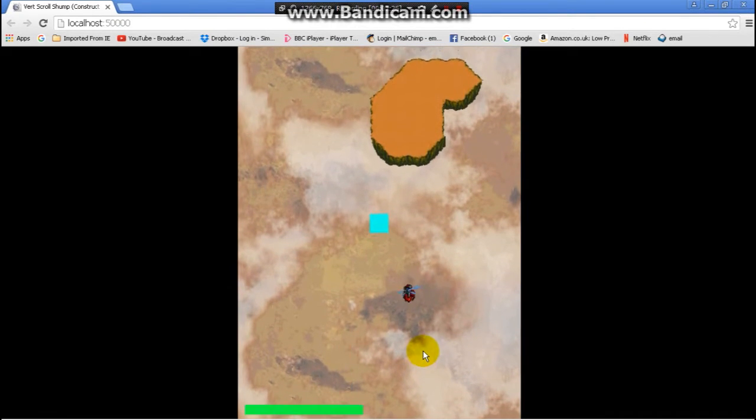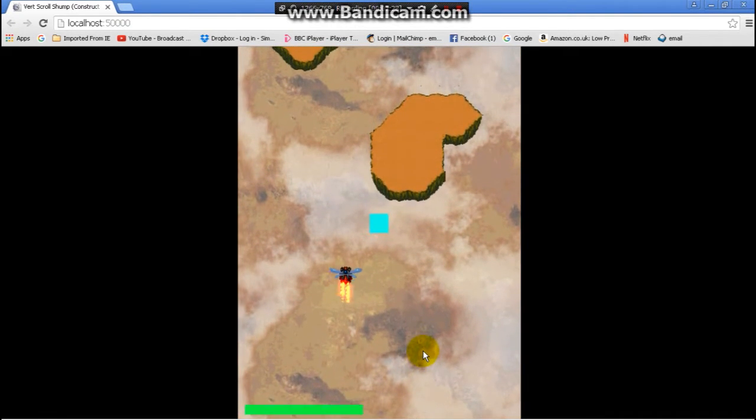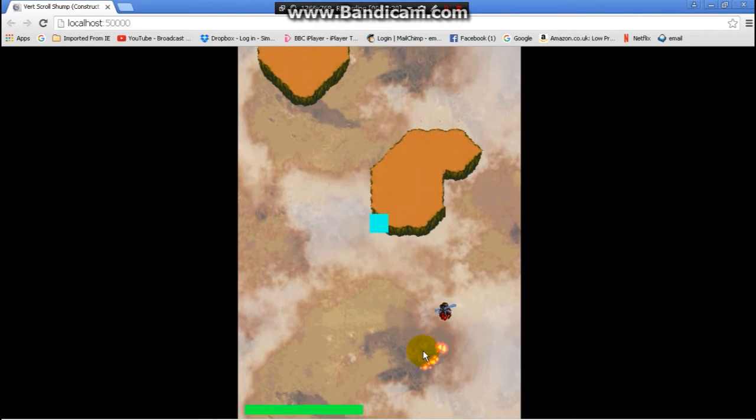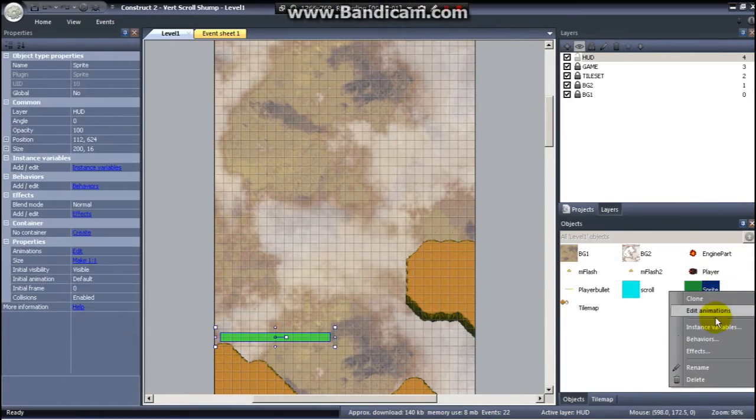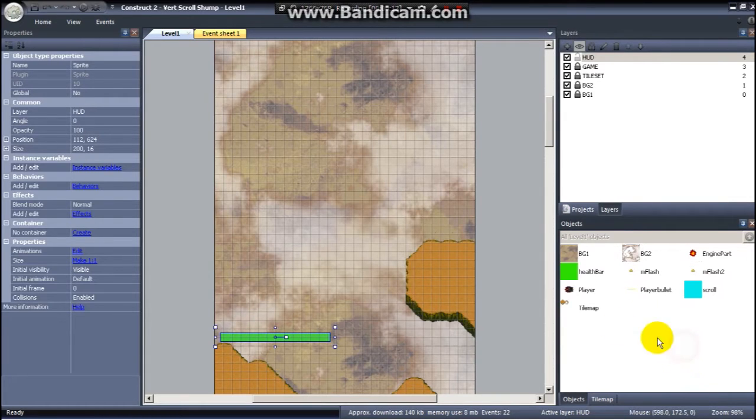Obviously it's not moving because the parallax on the HUD layer is 0. Okay, I'm going to call that health bar. And the score is going to go here as well. I'm not too sure about the position, it might be better at the top, I'm not certain about that, but